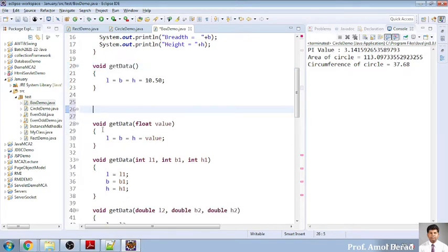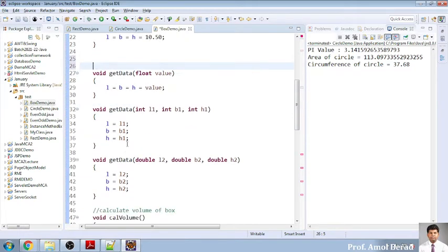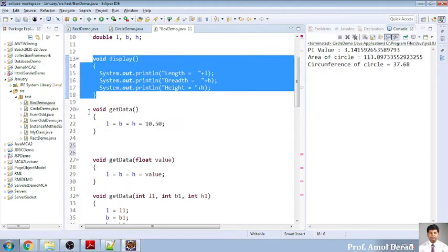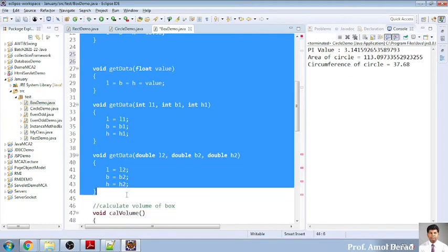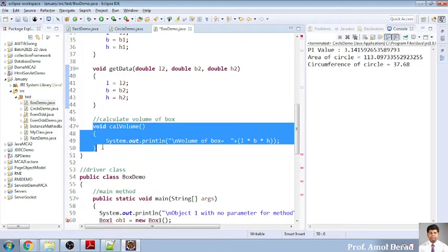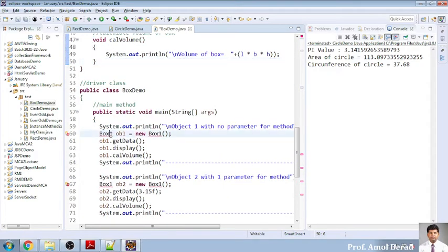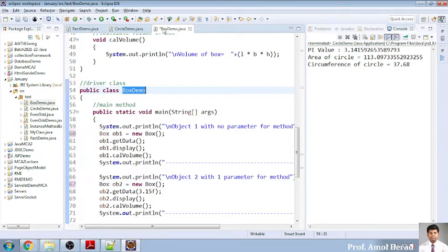Same here, we did the same thing. Here one parameter, but here also three parameters, but the combination of these three is different, this is integer, this is double. So this is what we are expecting, and this is the displaying function. This is function overloading. What we have done, overloading means same function name but used multiple times. And here is the function that will be calculating the volume. Okay, I will be operating this from my base program, that is from my box demo, by which name I have saved it.